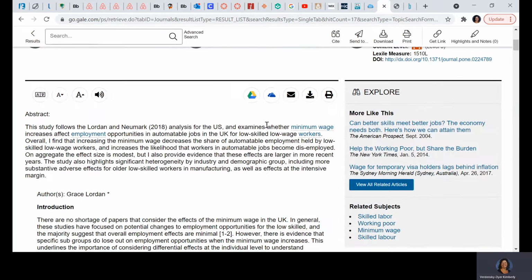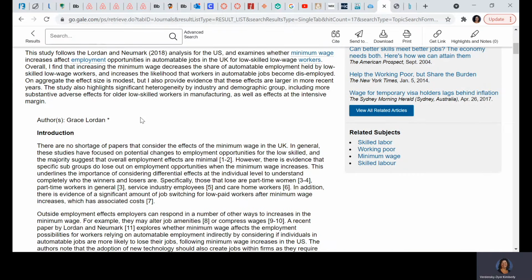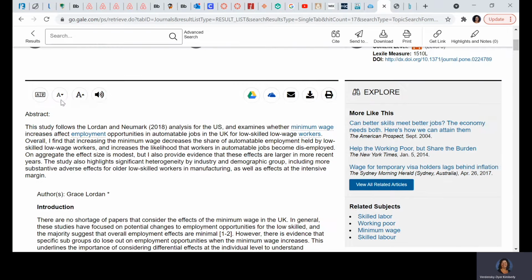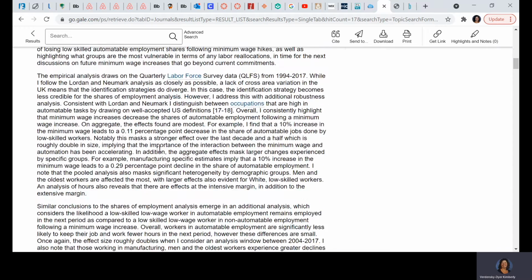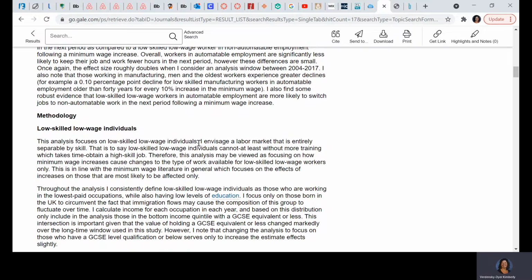When we look at this article, we can see it is set up in APA style. That's another reason why we want to use the scholarly databases, because they're written professionally in the APA style. So we have an introduction. We have an abstract, which is a brief summary of the overall article. And then as you skim, it's broken down into